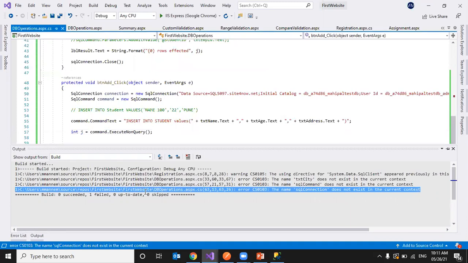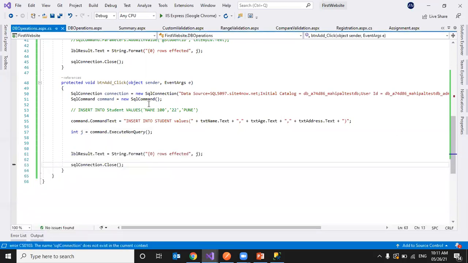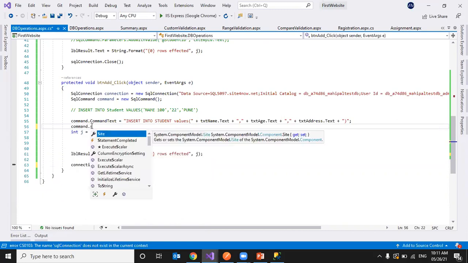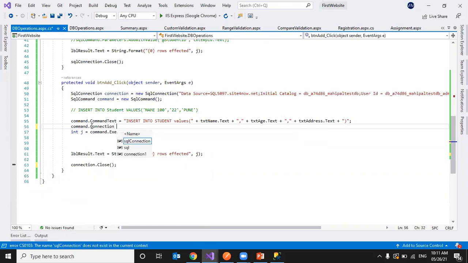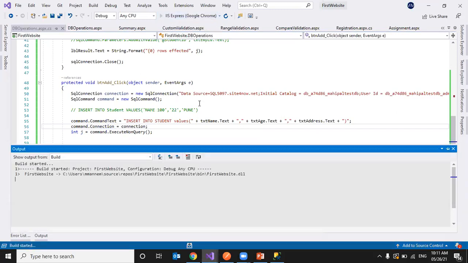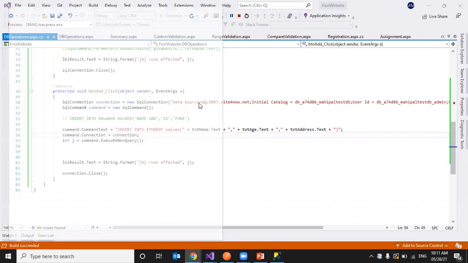The name sqlConnection does not exist in the current context. Oh, sorry. This is connection. No, I'll write it. I'll execute it.